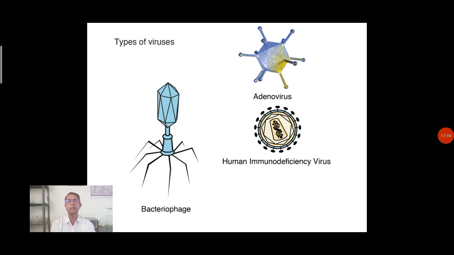That covering is protective covering and it is made up of the protein structure. Inside to this protein you can see there is a presence of nucleic acid, either it is a DNA or either it is RNA. So likewise we can say there are different types and different structure of the viruses available and studied up